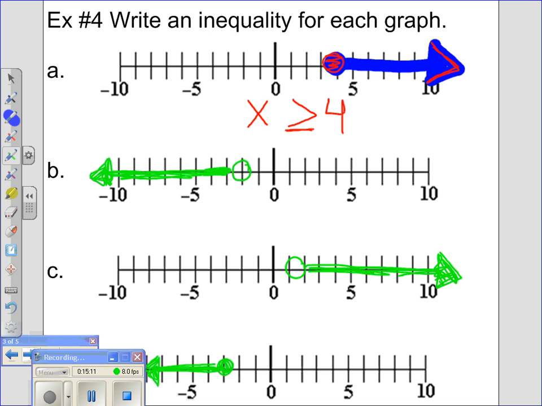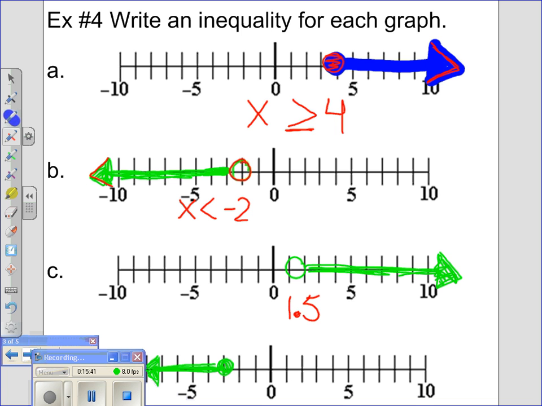All right, let's take a look at B. So the number we have here is -2. You can see this is a less than symbol. Do not put a line underneath it and then put a letter. So x is less than -2. Okay, let's look at C. We have a circle at